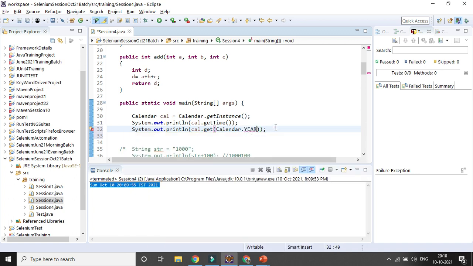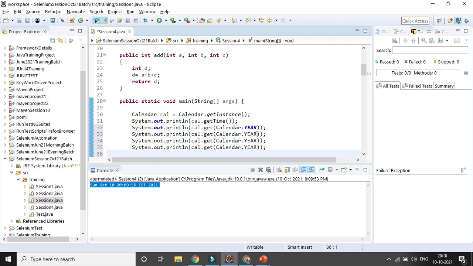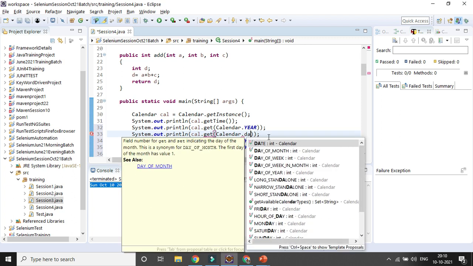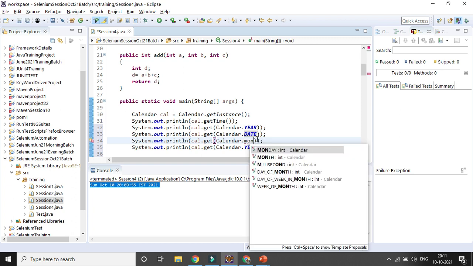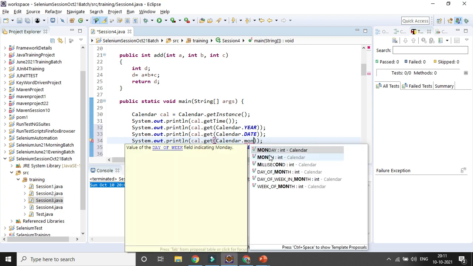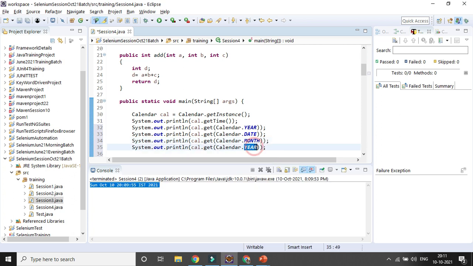Similar way, if you want to check other things, you can check the year, then month, then date, and hours, whatever is required you can get.